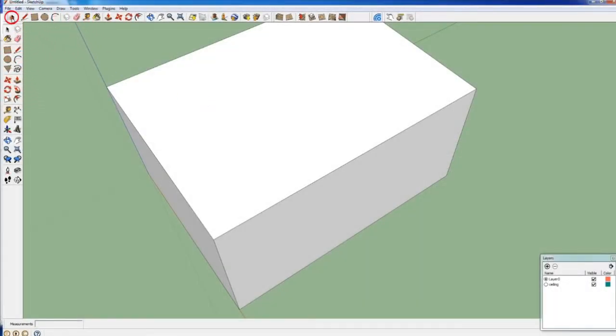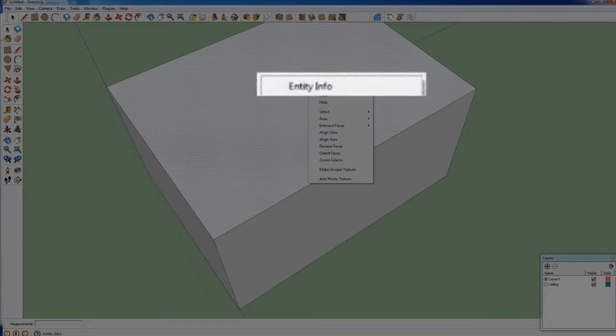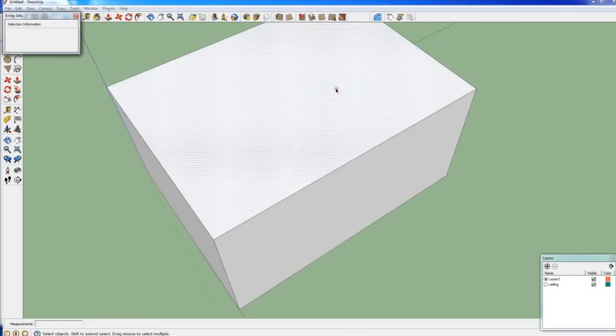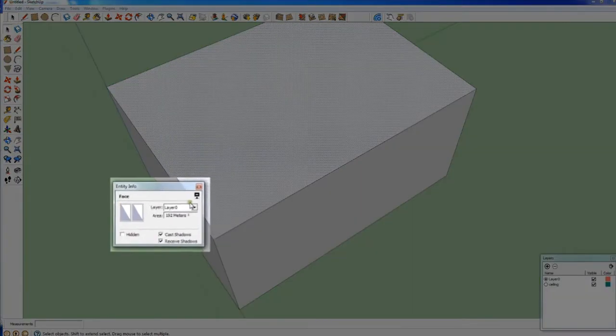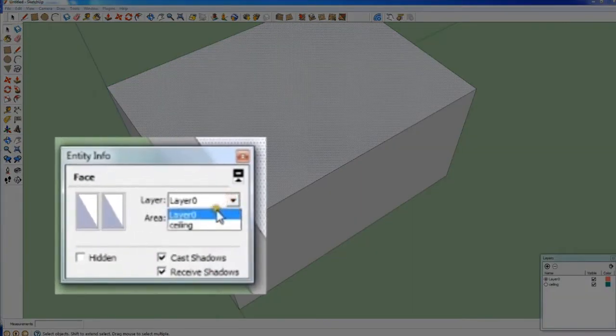And then I take the select tool, select the ceiling, and I right click and I go to the entity info window, where I can choose the layer that the ceiling belongs to.